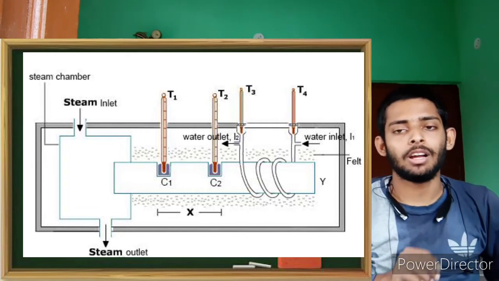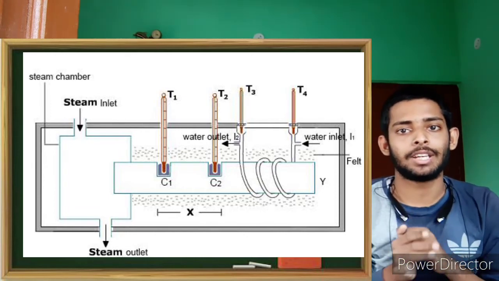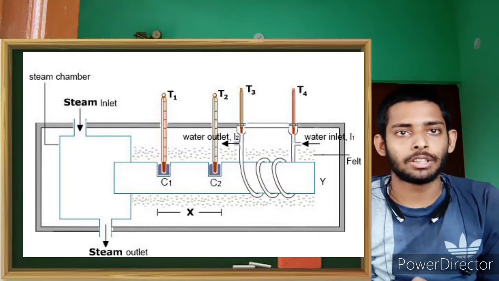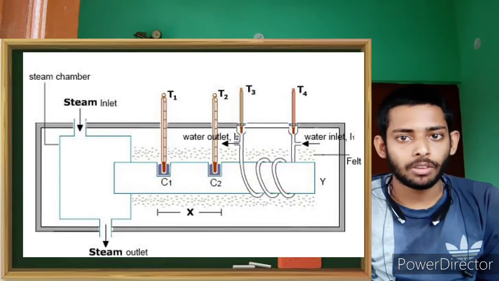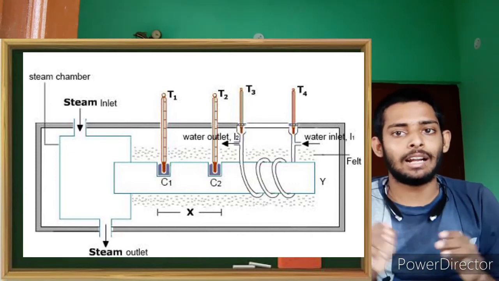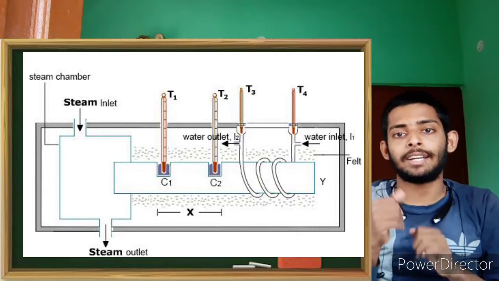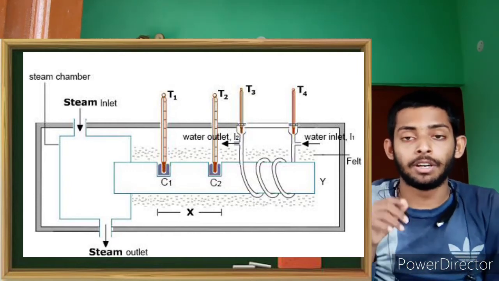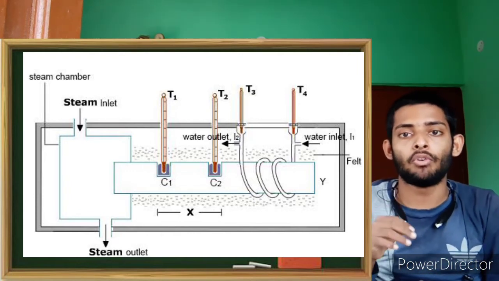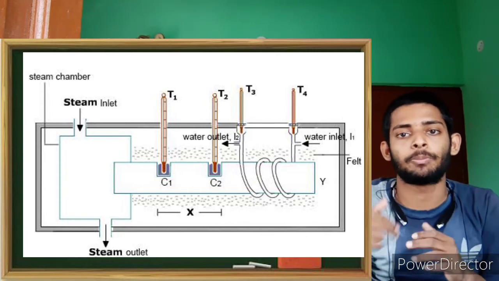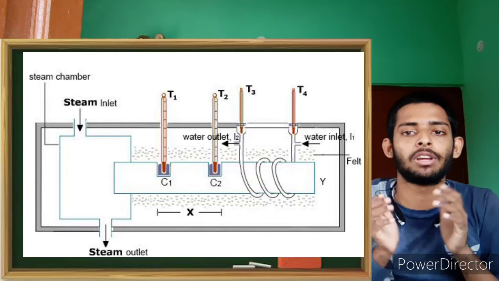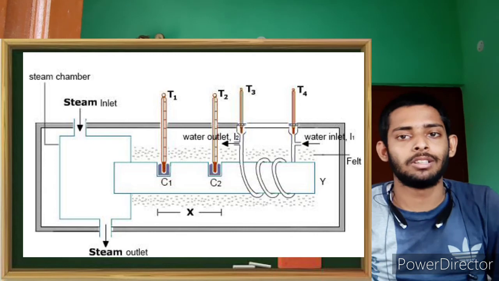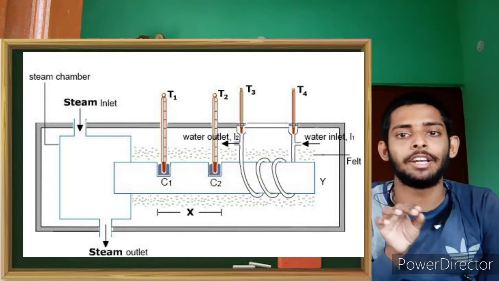Now, when the equilibrium is reached in this experiment, we start our stopwatch and measure a time t, and for that time t we collect all the water that comes out from the T4 terminal of the water that we are pouring inside the copper tube. All the water that comes out we collect in a beaker, and in that we measure how much heat is gained by that water.